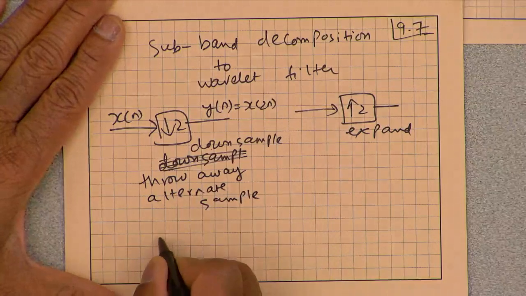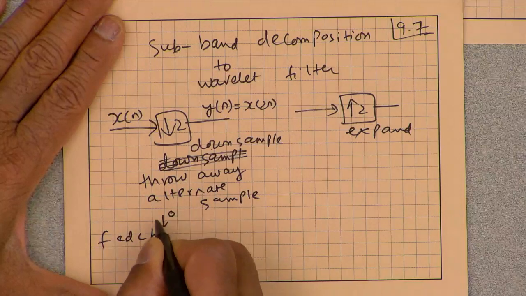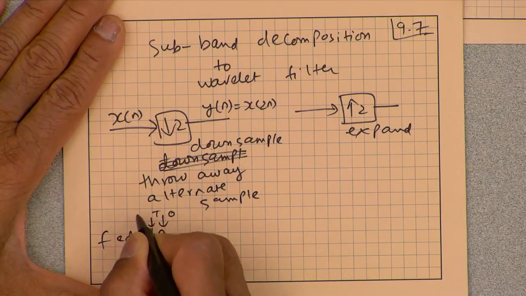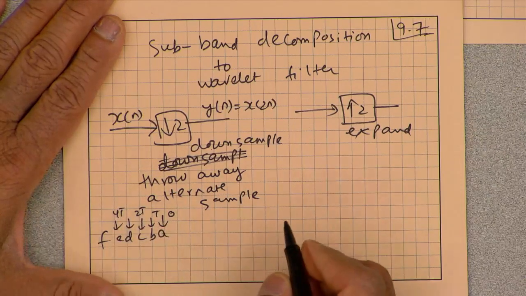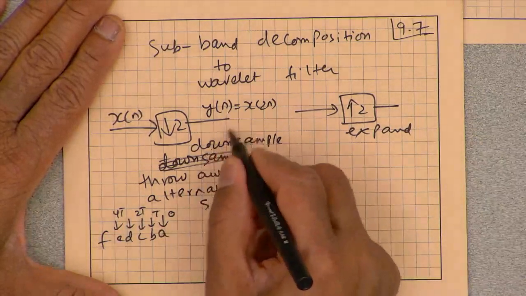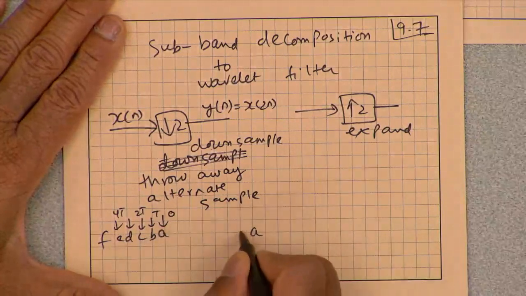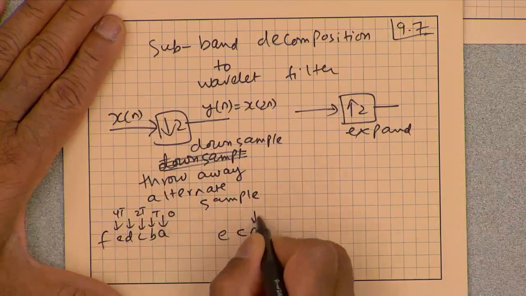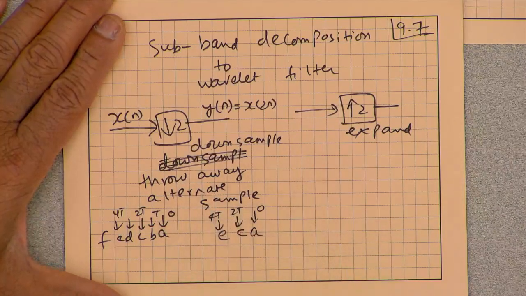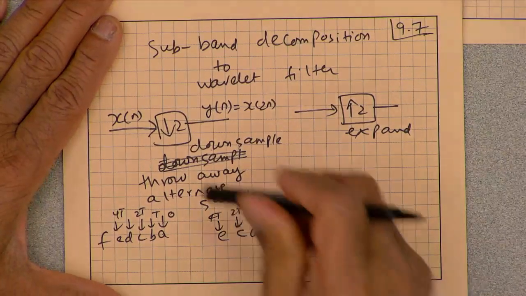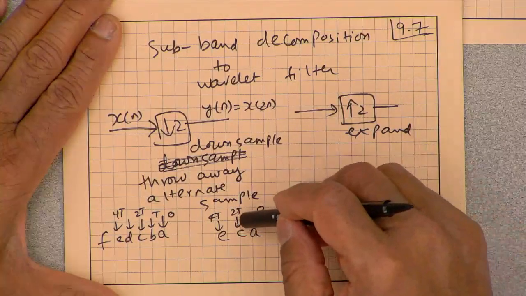So if you think about the input as A, B, C, D, E, F, and let's say this was sampled at 0, this at t, this at 2t, 3t, 4t, etc. And we throw one sample away, so the output is going to be A, I throw B out, C, I throw D, E. So if the signal samples corresponded to a sampling period of t, then the downsampled version has sampling period 2t.